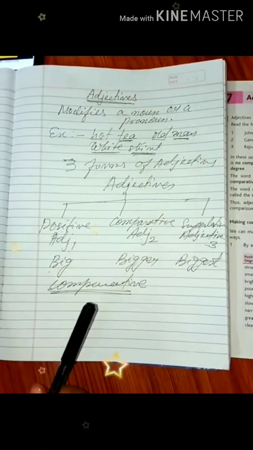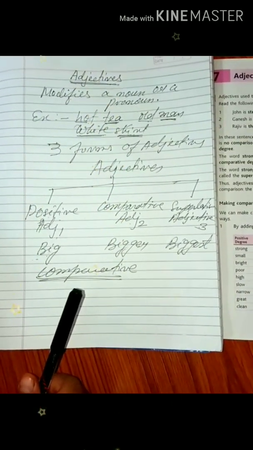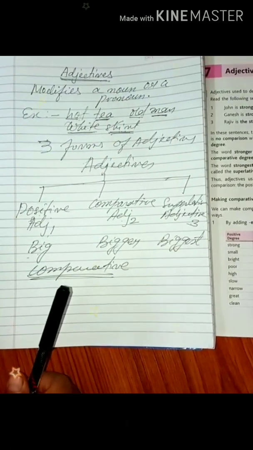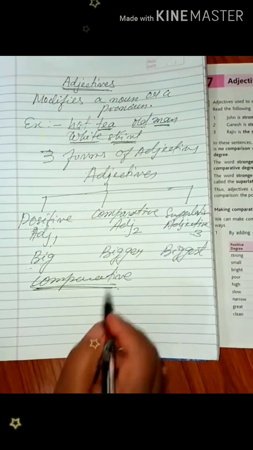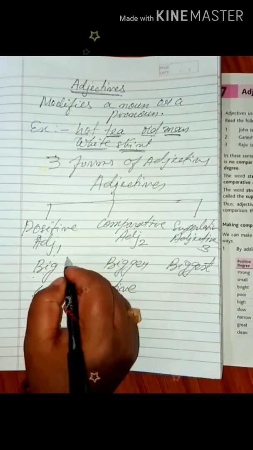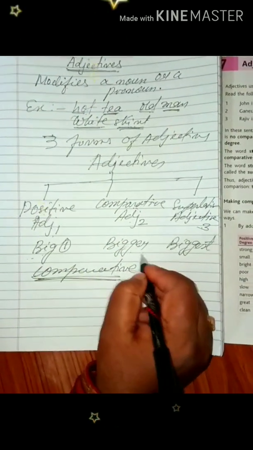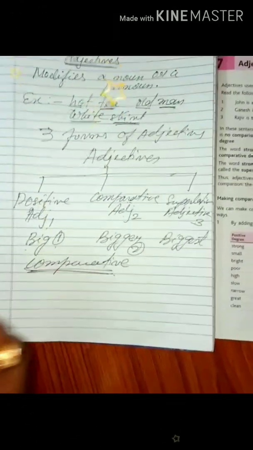See, when we are comparing someone, we say he is better than you. So how many are compared here? He and you, that means 2 persons only are involved in the comparison, isn't it? So in the comparative degree, only two persons. In the positive degree, only one person. When it comes to the comparative degree, two persons. So in the positive, we are only indicating one person.